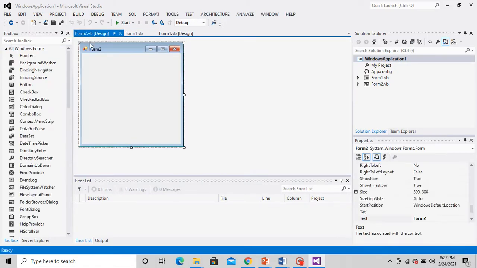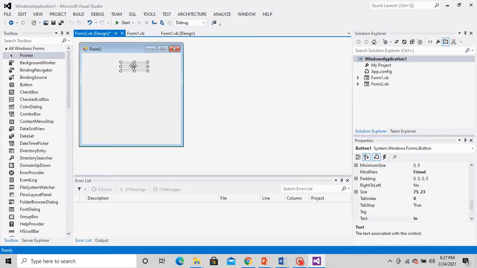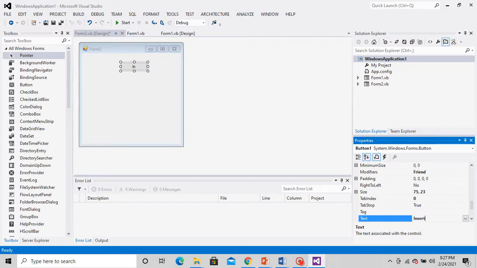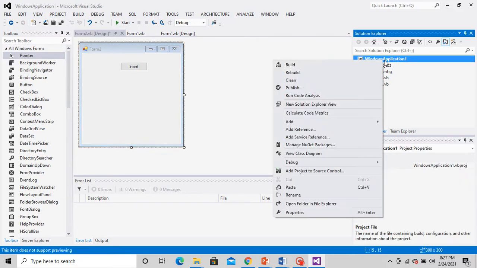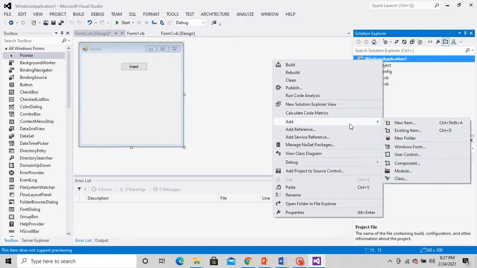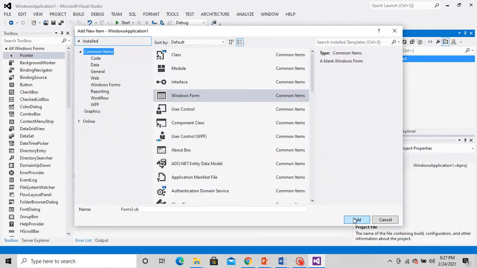Now coming to form 2. I will add one button initially just to insert into the database. Insert. Now again, students, how to write that insert code? You have to double click here on insert. Let me add one more form called form 3. I'm just adding multiple forms here so that it is easy for you.